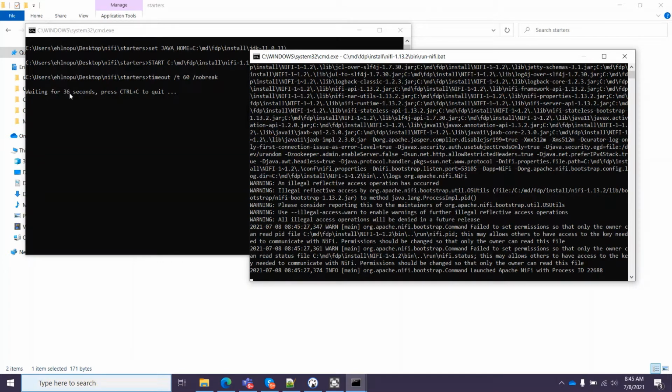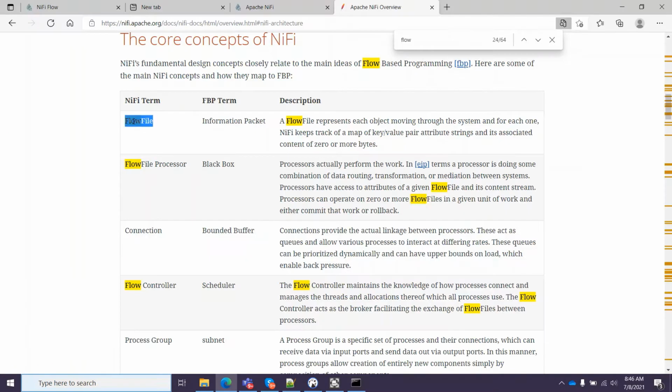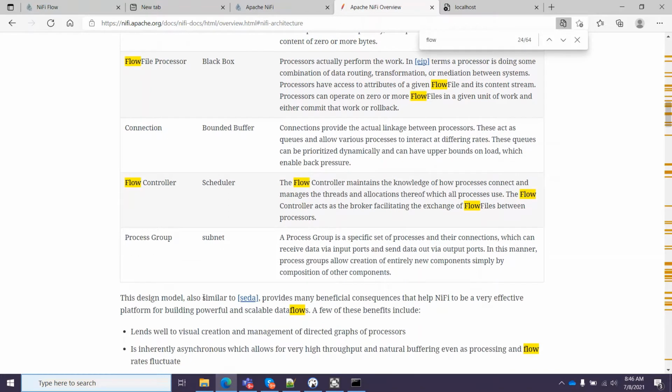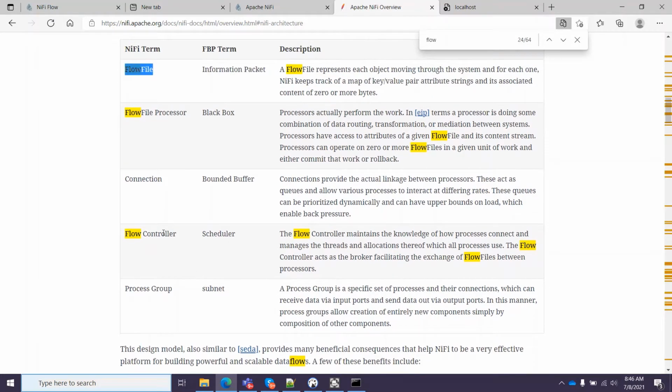So meanwhile my Nifi gets started, there are three main components in Nifi. The main three components of Nifi are flow file, your controller, and your processor. These three are the main components of Nifi.